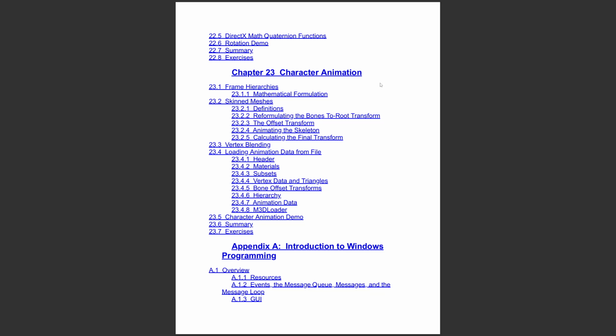And then finally we have that character animation demo, which is sort of tying, I think, everything together at the end of the book, where you have a skybox, you have textured resources in the scene. So you have a textured surface, you have textured cylinders, spheres, boxes, you have reflective spheres, you have reflective surfaces. Then we have this character in the scene with animation and bones, so it's able to walk around. We have shadows, and everything comes together, and we have what looks like a